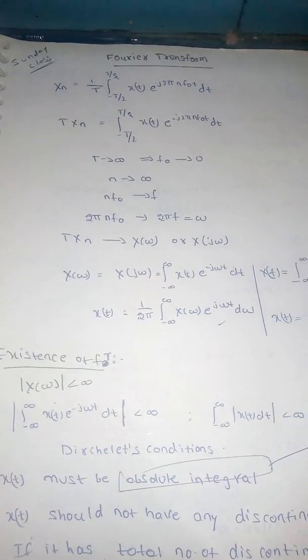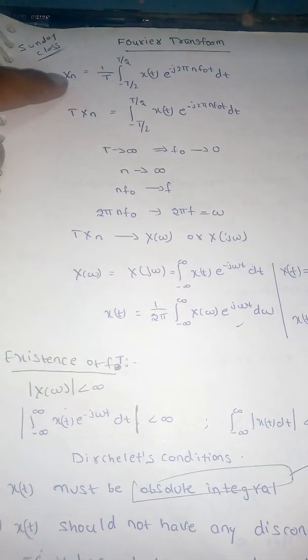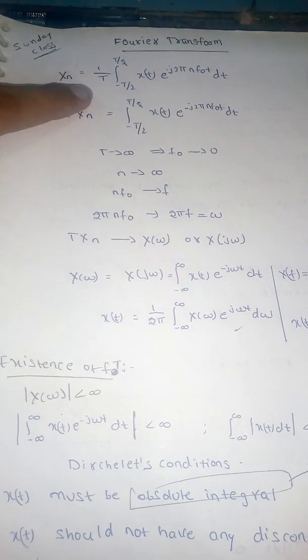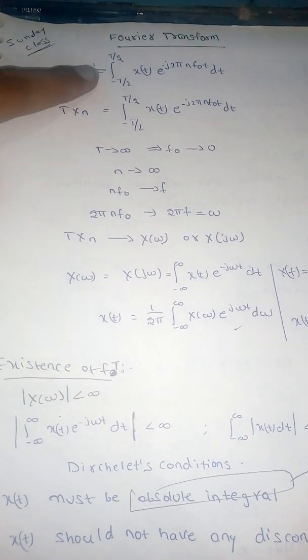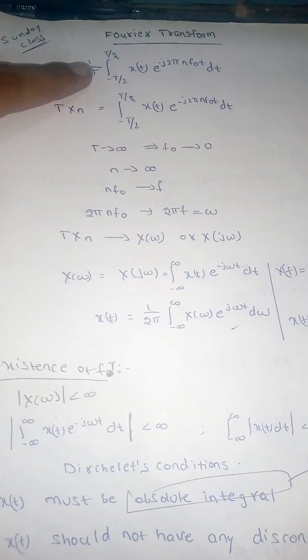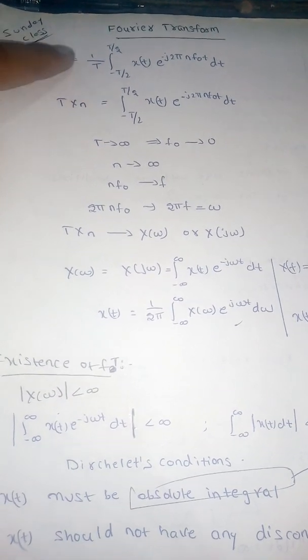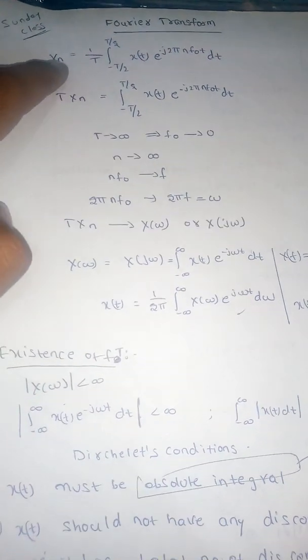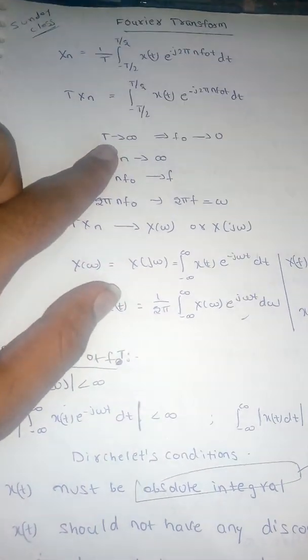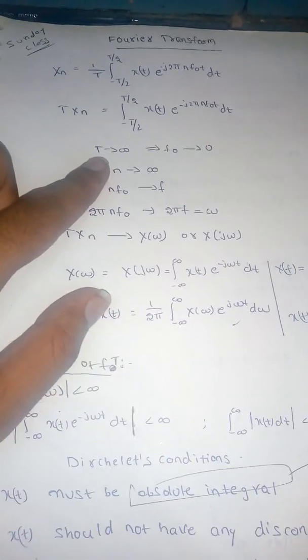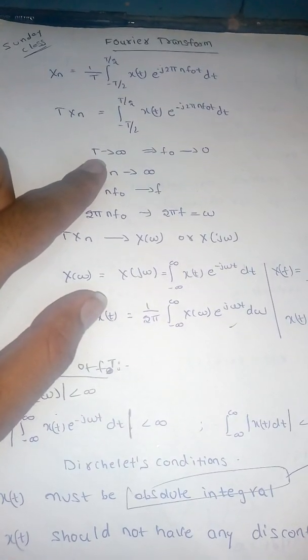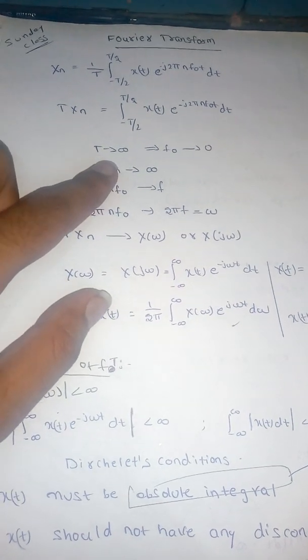Fourier transform. In the Fourier series we have x of n equal to 1 by T, integral from minus T by 2 to T by 2 of x of t e power minus j n omega naught t dt. Omega naught is 2 pi f naught. Taking this to this side, the Fourier transform is an extension of Fourier series